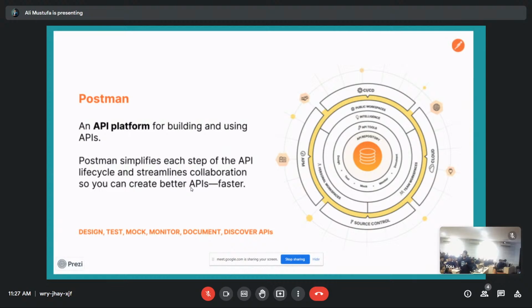And Postman solves all of that by becoming what? An API platform. So it solves all these problems which we are talking about, and they help you to design, test, create, work around with APIs in a very better environment and in a very better way. Okay. Why should you learn about Postman?